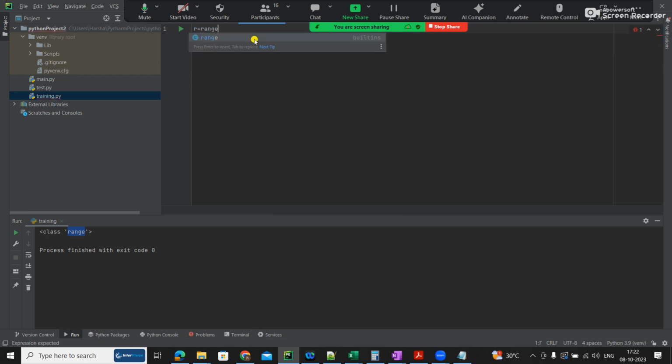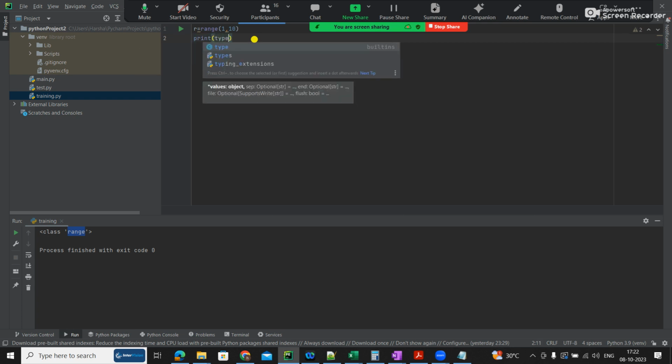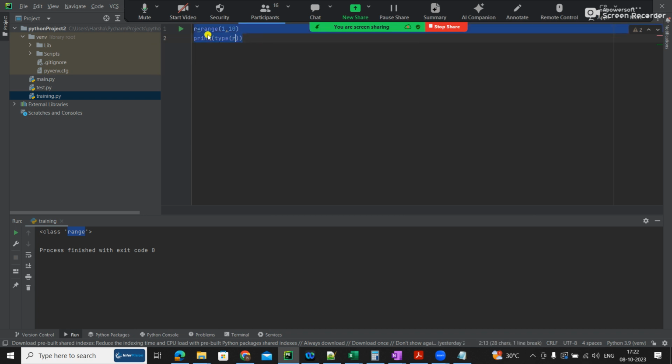Inside this you will have 1 to 9, but this is not iterating. This gives the range. For iterating I have to use a for loop. I'm getting only the range.